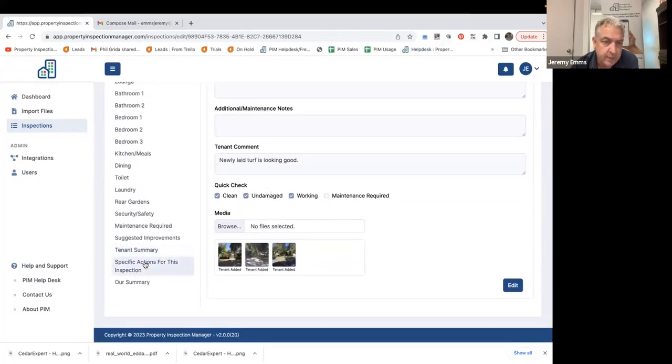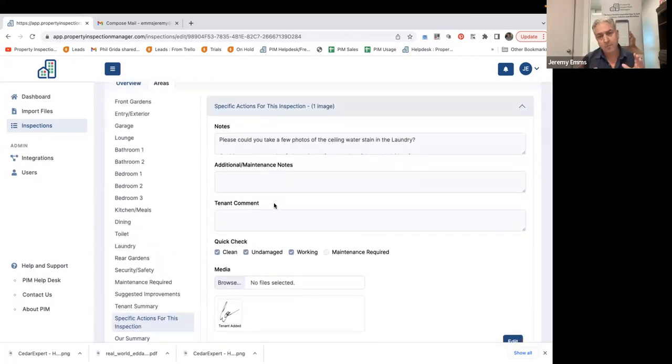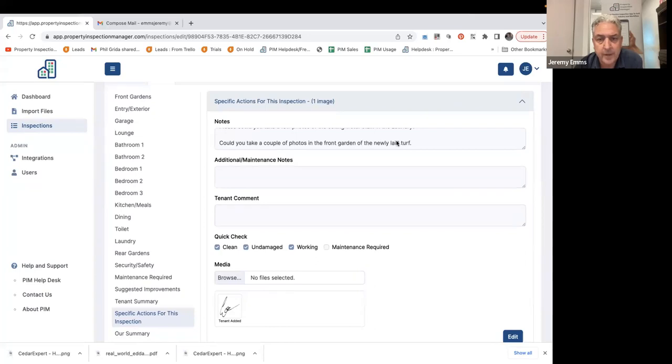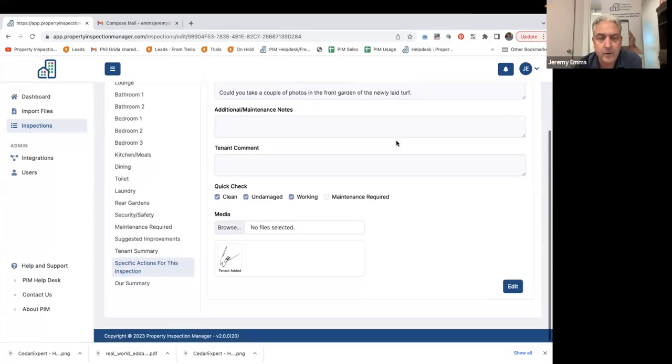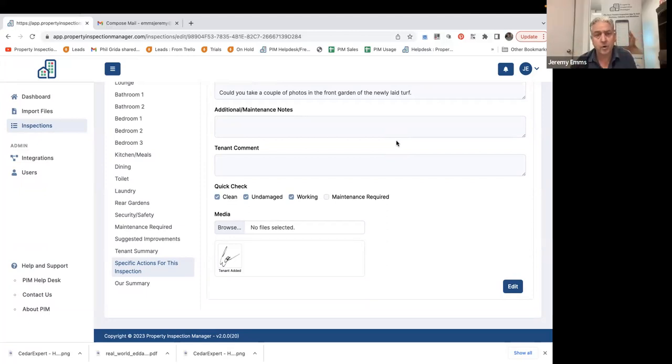What I can also do is send some specific information through to the person that's conducting the inspection on my behalf so that they can do certain things. So I've sent a couple of notes in here through the specific actions for this inspection. Could you take a couple of photos of the stains in the laundry ceiling through the water damage? Could you take some photos of the newly laid turf? So in terms of sending instructions out to somebody, I've got a bit of flexibility in there now to make sure that if I can't make that inspection myself, but I've got somebody else that's going out to do it on my behalf, or a tenant's going to do it, I can put some instructions into the workflow